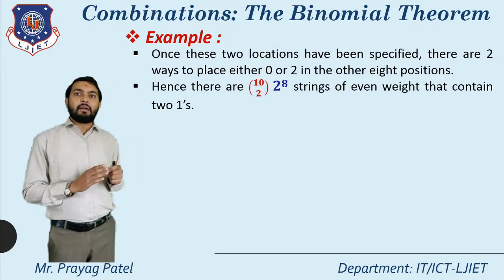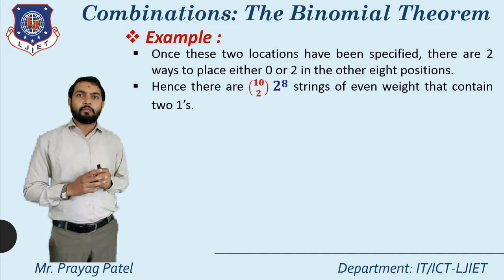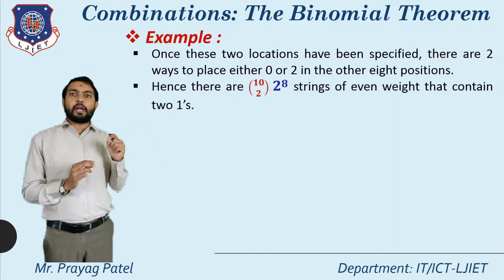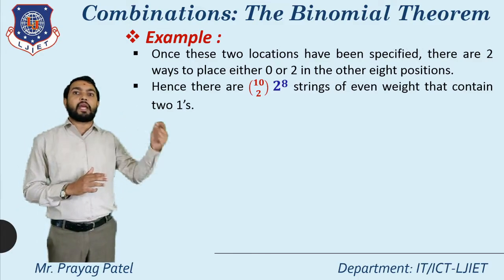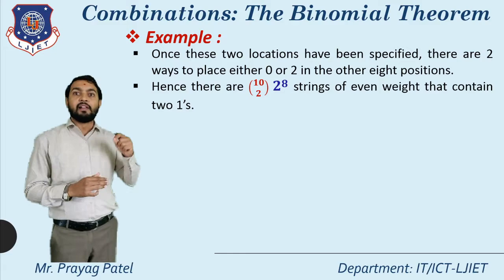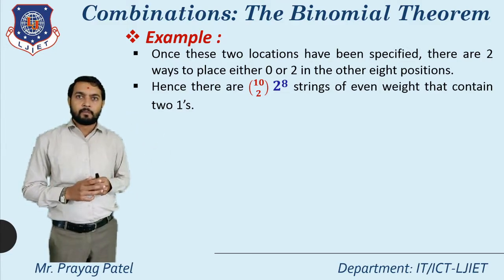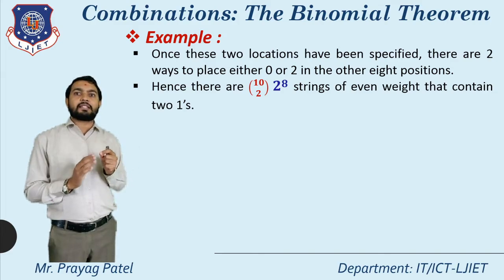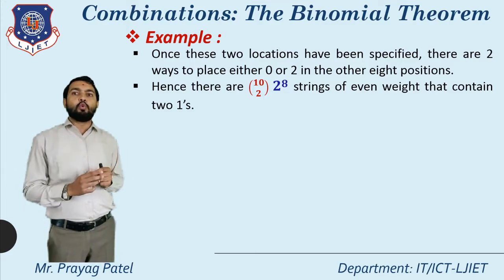Now the remaining elements are only 0 and 2. That means we have to put the 0 and 2 in the remaining 8 locations. And how many possibilities are there for that? 2 raised to 8, because there are 2 different elements and 8 different locations available. Length equal to 8. So the total is 10C2 multiplied by 2 raised to 8 possibilities for 2 elements as